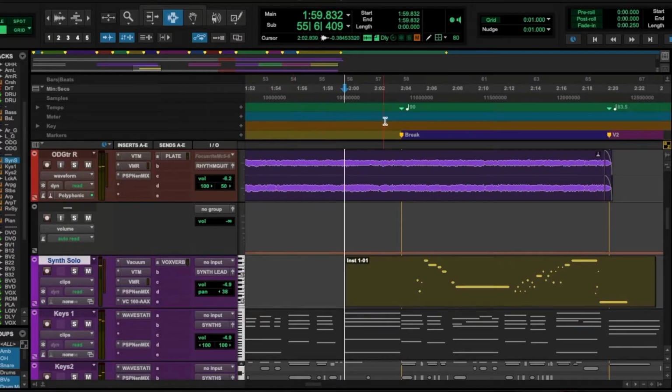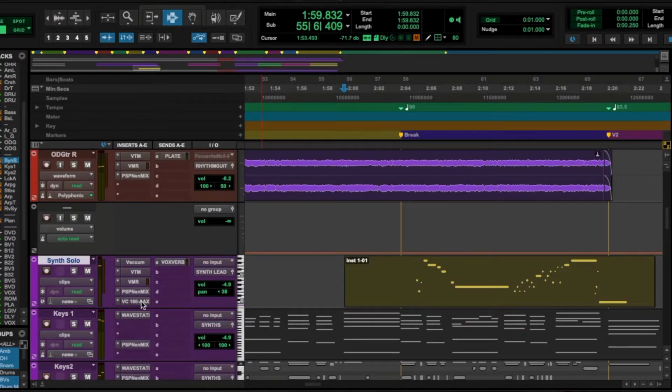So the reason that some of your clips are moving. What was the original question? It was that I'm trying to change BPM, but every time I do, all of my clips move. The reason is that all of those clips are locked to the bars and beats grid. They're all set to ticks mode. And when you change the BPM,